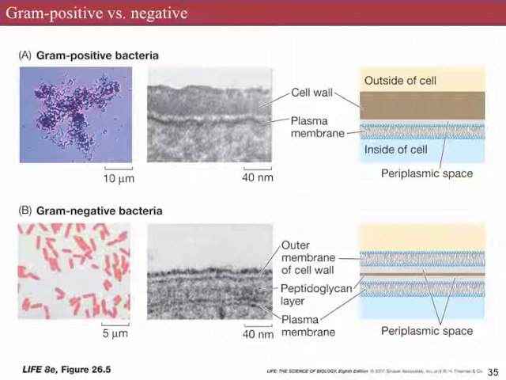However, there are 2 different classes of cell envelopes in bacteria. There's one class that's called gram-negative and one class that's called gram-positive. The name comes from a stain, the gram stain, that you add to cells,